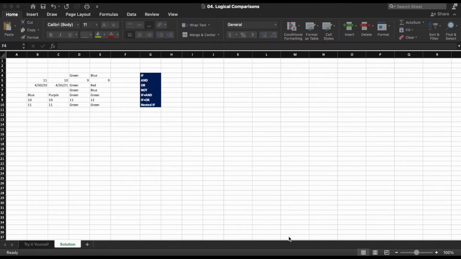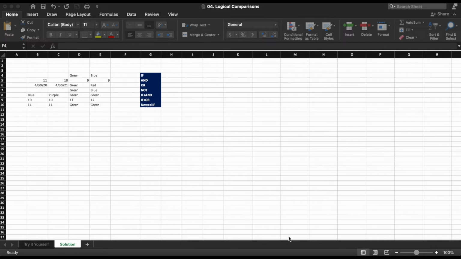The condition you set up in the first part of the IF statement will always evaluate to a Boolean, meaning it'll be either true or false. If the condition is true, the result from the middle section is returned. If the condition is false, the value from the third section will be returned. We will be breaking our usual rule of no hard coding, but only for the true-false return values.